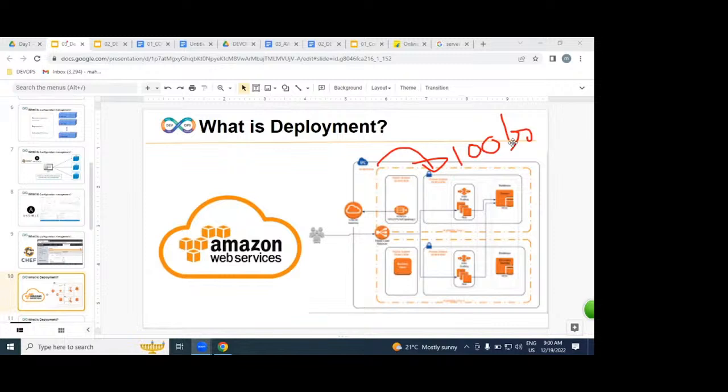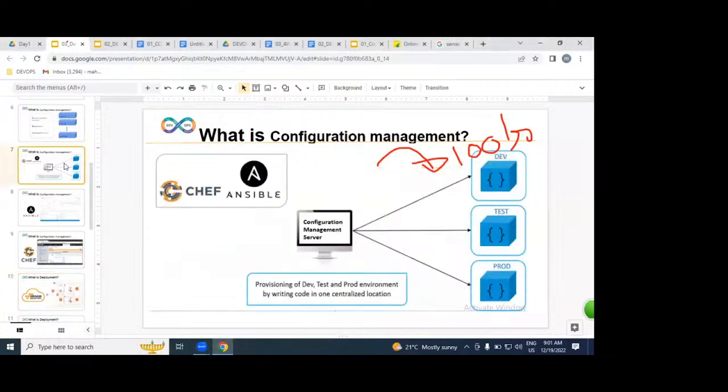If you have a laptop, we can configure. If you don't have a laptop, from where can you get it done? That is the question. In how many ways can we get servers? Physically, like your laptop. Virtually, and cloud. Which cloud? AWS. We are going to get hundreds of servers from AWS. On top of hundreds of servers, we can implement an automated process with the help of Ansible and Chef.